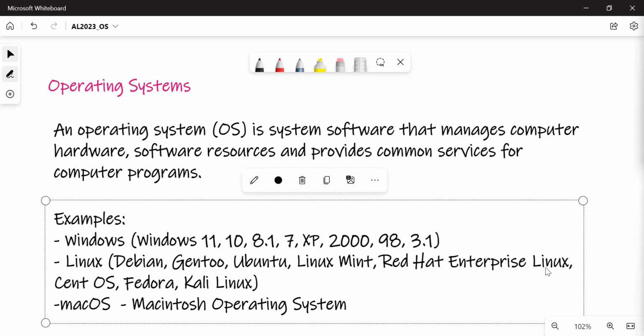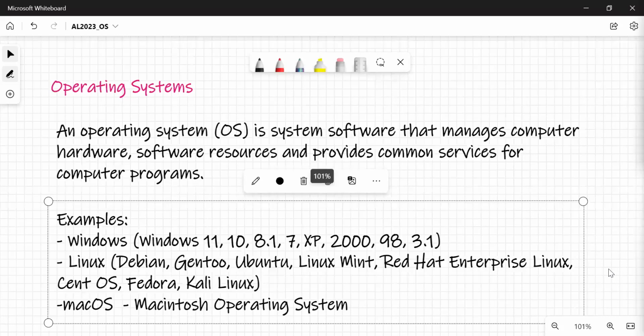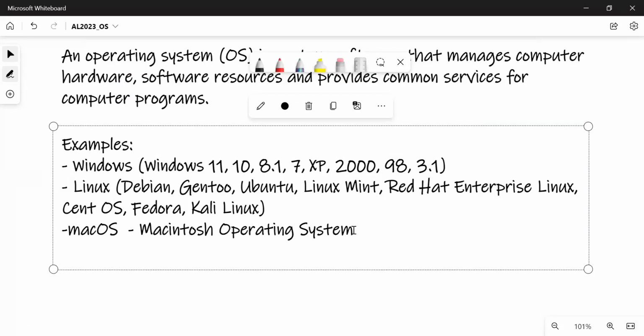The next one, we can write down Google's Android operating system. By Google.